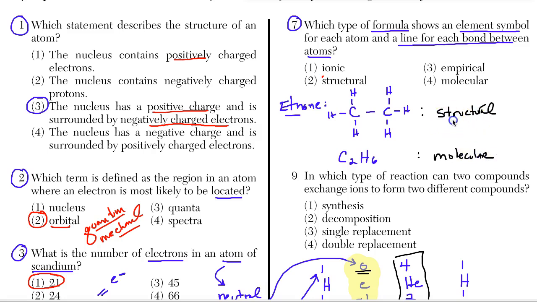And why do we care about the structure? We care about the structure because structure is king, okay, especially in organic chemistry. You change the structure, you change the function. Form and function you learn in biology. You change the actual shape of an enzyme, you change its ability to catalyze reactions, its ability to do its